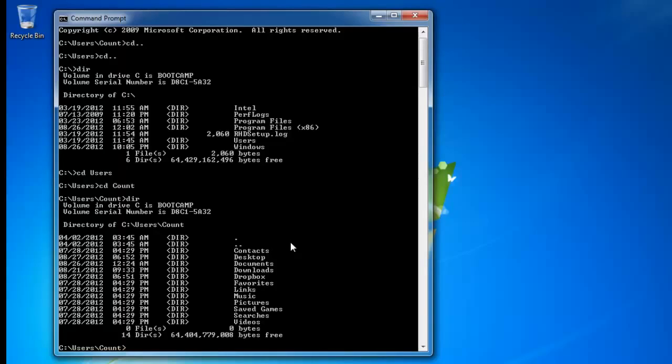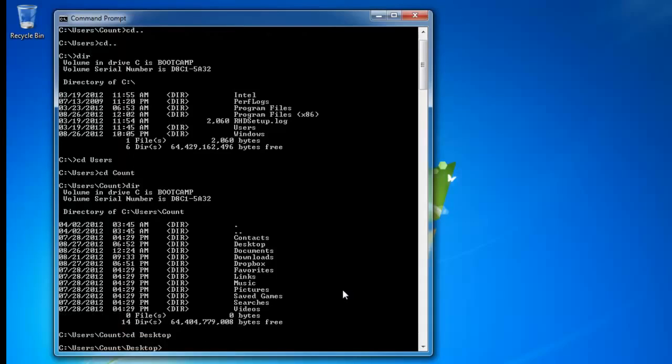Let's change our focus to the desktop that's right behind my command prompt, so when I'm making folders, you can see them popping up in real time. So let's do cd desktop. And we know desktop is right there because we see it right here. I ran the dir command in the count folder and it showed me that there was a desktop in there. So cd desktop. Now we're looking at the desktop folder. So let's create a directory, md